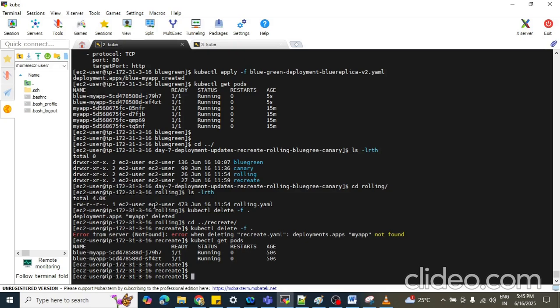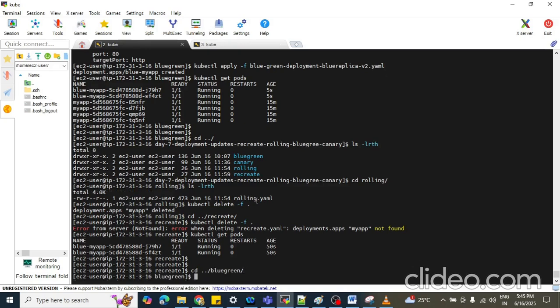Simultaneously, we can also execute the green one. Both will run simultaneously. So let's go for kubectl apply -f.